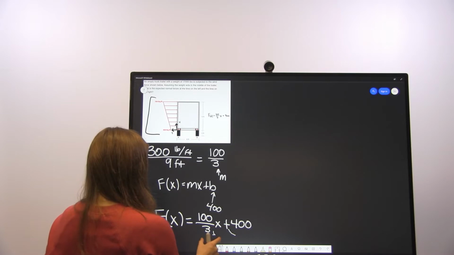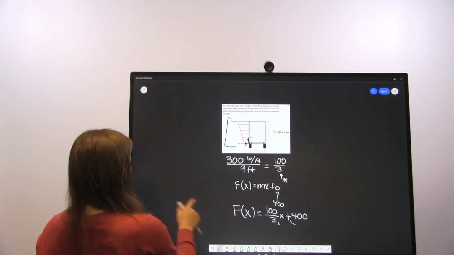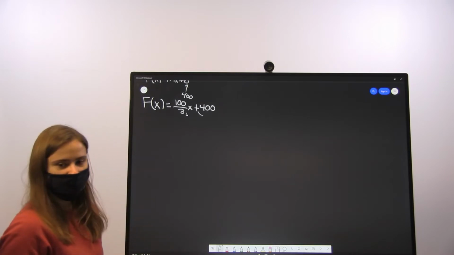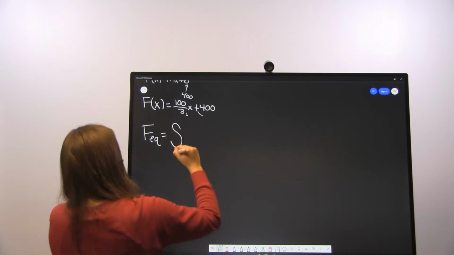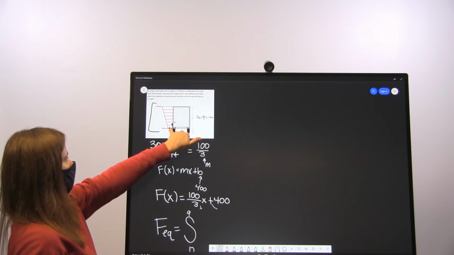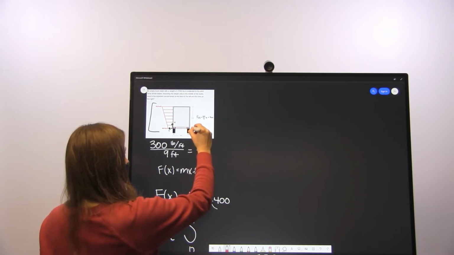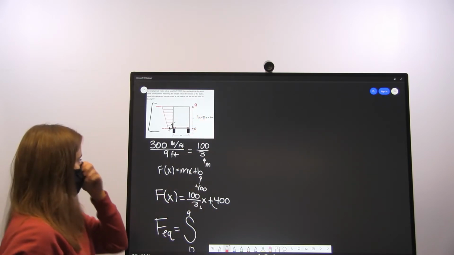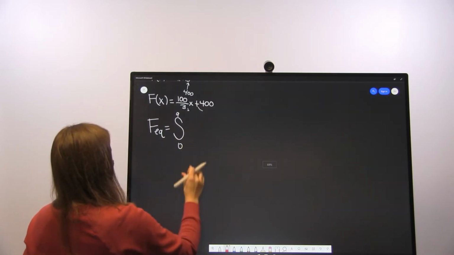Okay. And then from there, we're going to want to find the equivalent force of our distributed force. So the equivalent force is going to be equal to the integral from 0 to 9, and that's because our distributed force starts at our 0 point right here and goes the whole way up to 9. It's spanning over 9 feet. So our coordinate system for our distributed force starts at 0 and goes all the way up to 9, and that's why we're taking the integral from 0 to 9